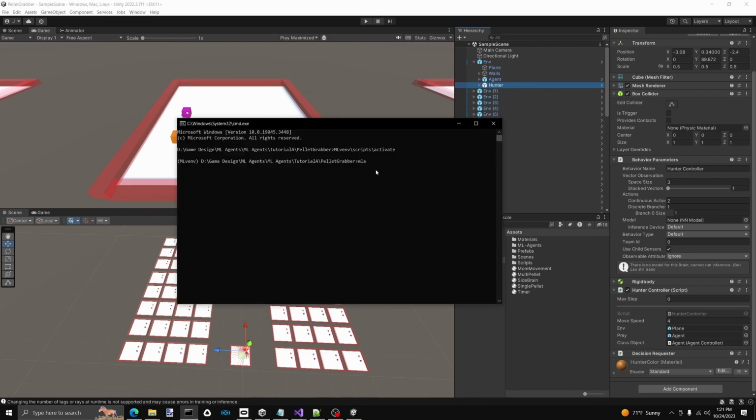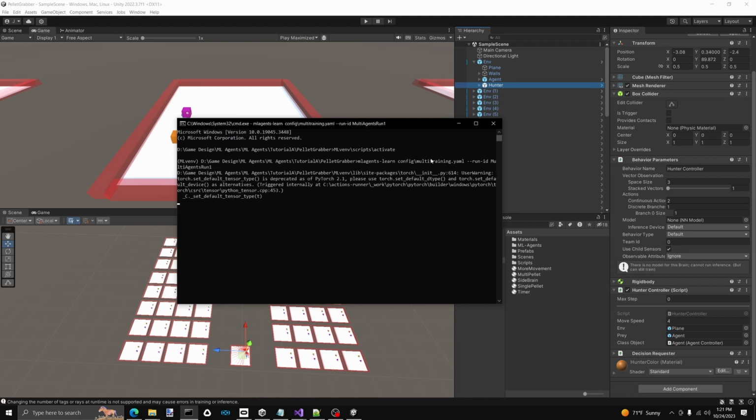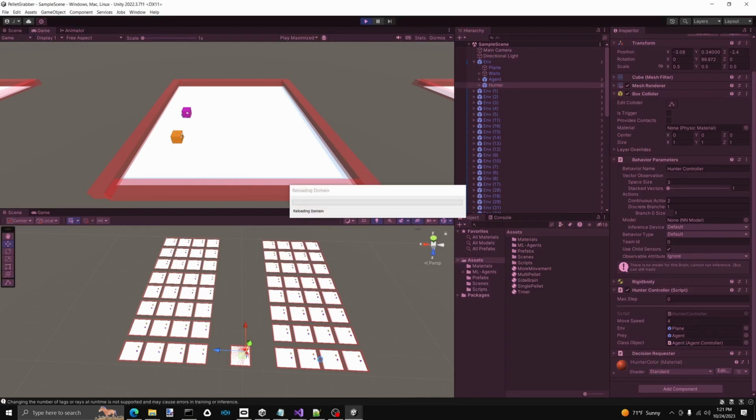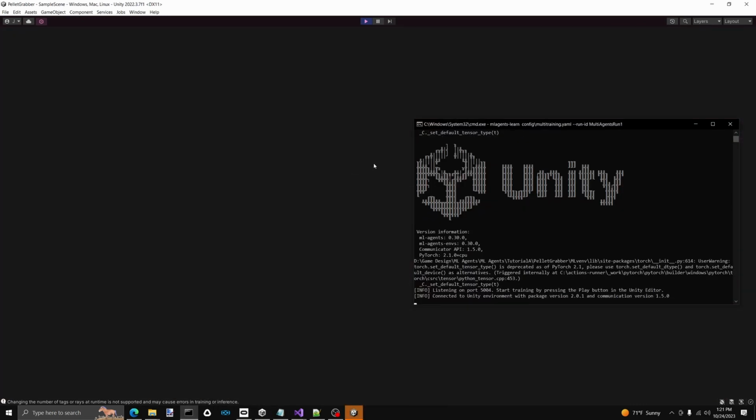So we'll do mlagents-learn config/ and what did I name this one? Multi-training. So multi-training.yaml --run-id multi-agents run 1. So we'll run this. Should be good. Training with the CPU. We'll hit play. Oh, we're in